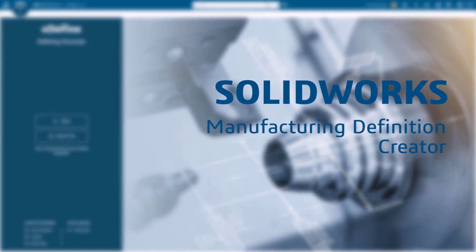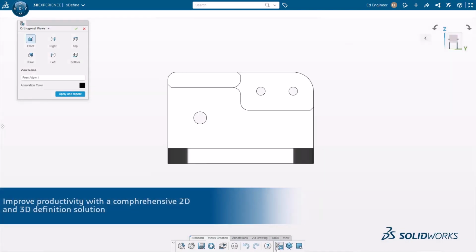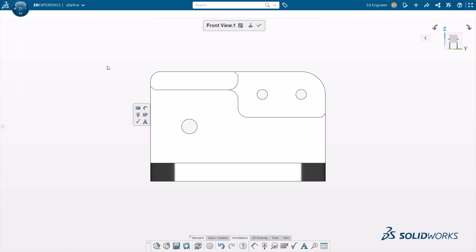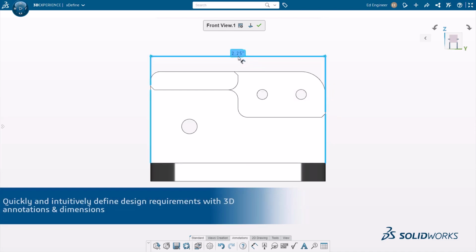Manufacturing Definition Creator is a browser-based role in the 3DExperience Works portfolio that combines model-based and drawing-based capabilities in one integrated solution. Clearly communicate design specifications with 3D product manufacturing information, or PMI, by leveraging capabilities including capture various orthogonal